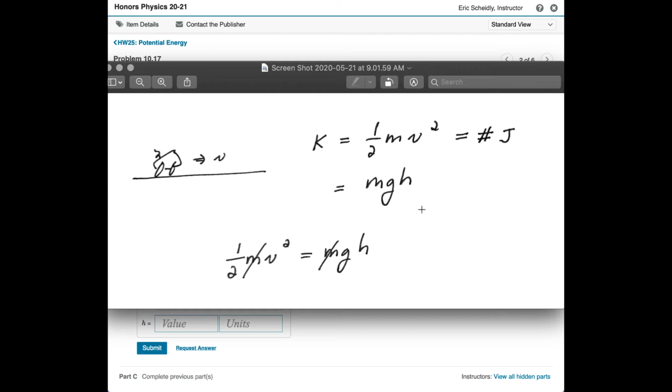The last part of the question asks about whether the problem depends on mass. And you might think that it does, because in order to calculate the kinetic energy, you need the mass in the equation, 1/2 mv squared. And then to calculate the height, you have to divide by that mass. It turns out the calculation really is mass independent, because when I compare the kinetic energy, 1/2 mv squared, to the gravitational potential energy, mgh, the m's cancel. And so the solution of the problem really has nothing to do with mass at all,